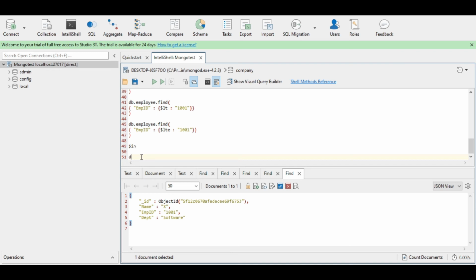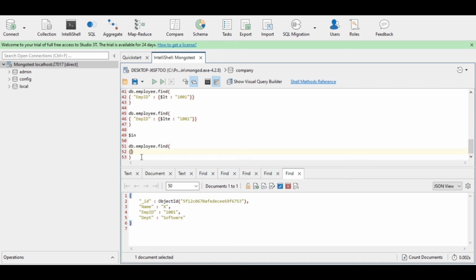So how to do that? db dot employee dot find, then I need to give curly braces.